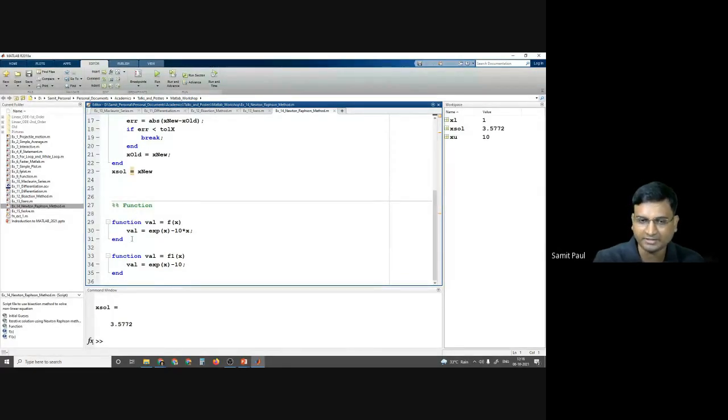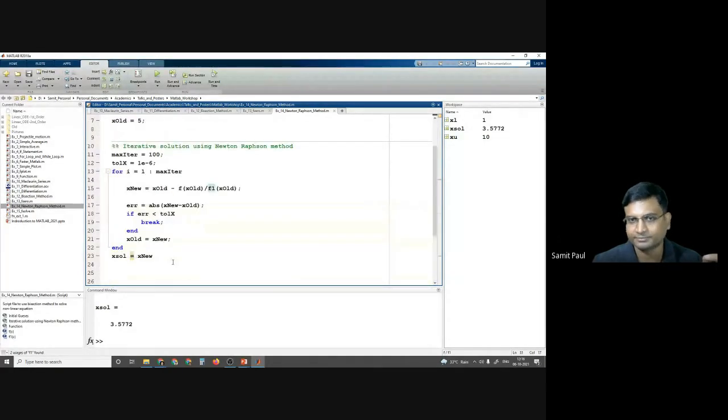So 2 functions I have defined. One is for the function itself, one is for the derivative of the function, which is written as f1, not f prime. F prime is not defined here, right? Remember, you cannot define a variable with any special characters except underscore. That is why I am writing f1.